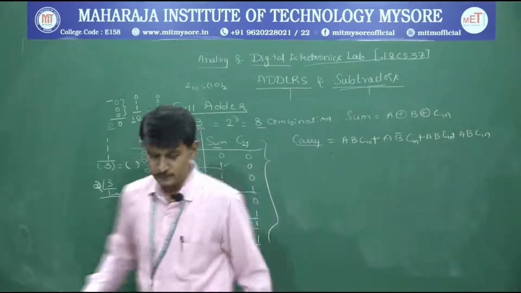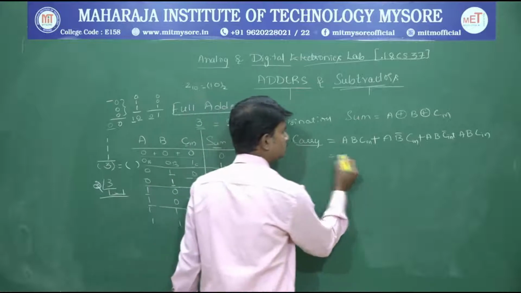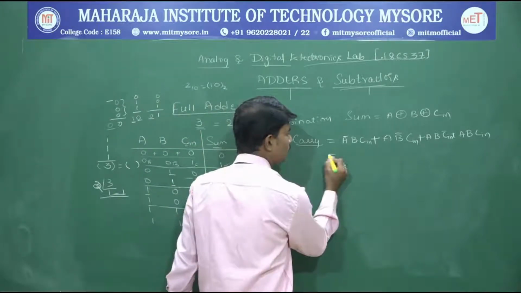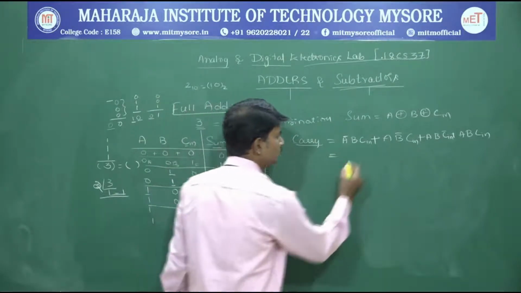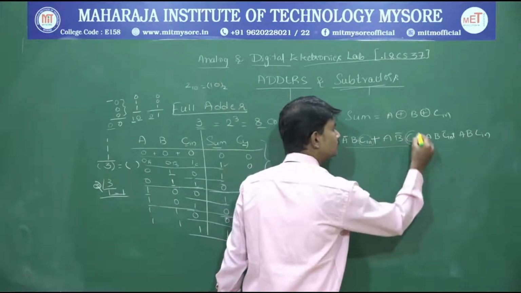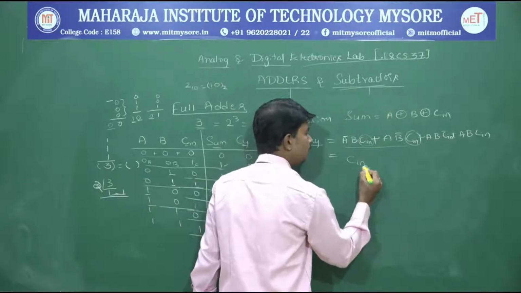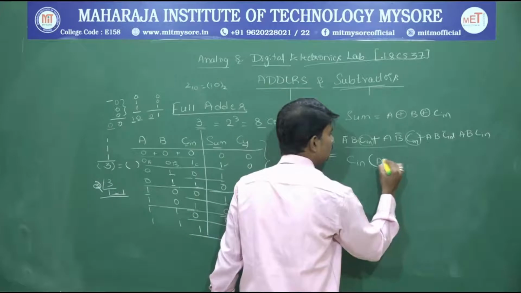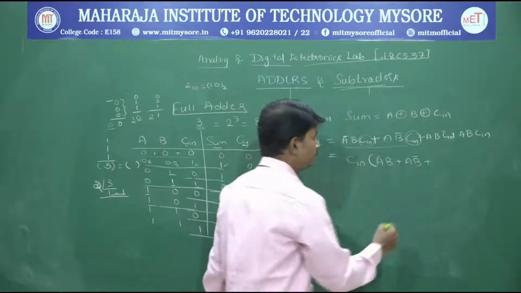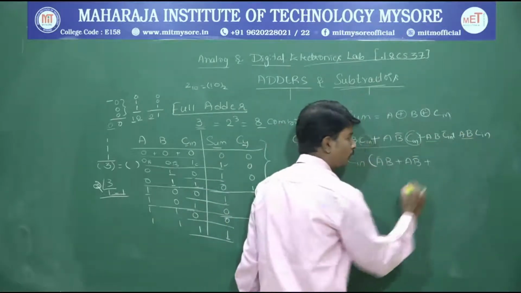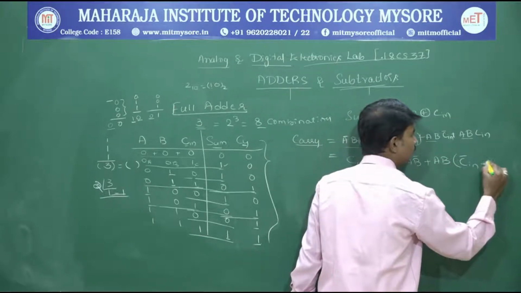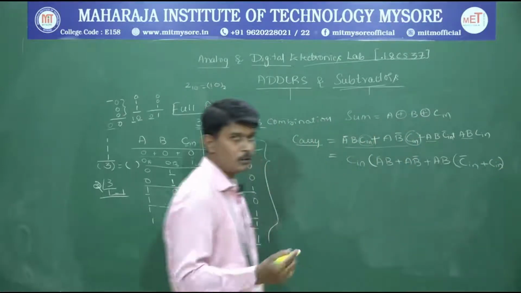So now let's reduce this expression in order to get a simplified one. So now let's check for the common variables here. As you can see here in the first two variables itself in the SOP form, you have C in as a common. So now I'll take C in as a common. I can write it as A bar B plus A B bar, and then here both A B is common. So now I'm going to write it as A B into C in bar plus C in.